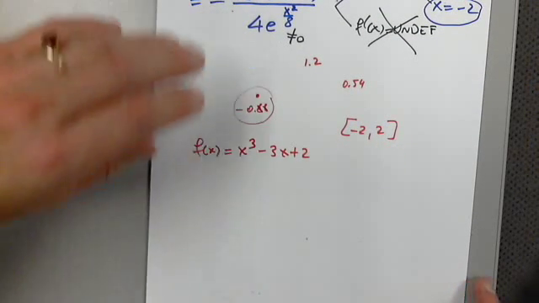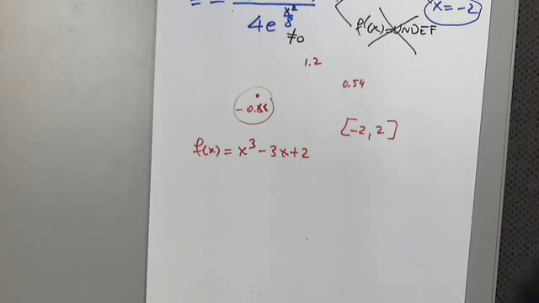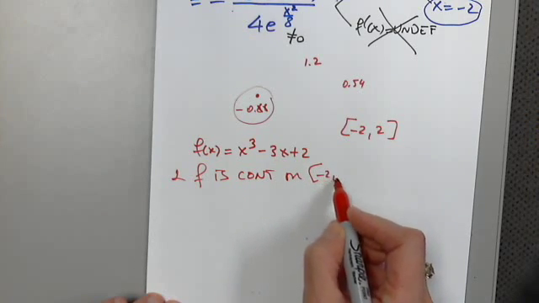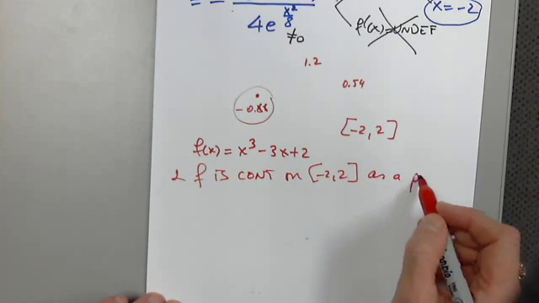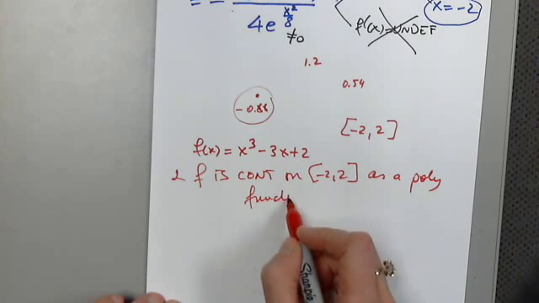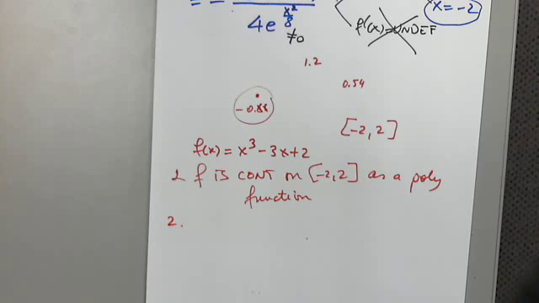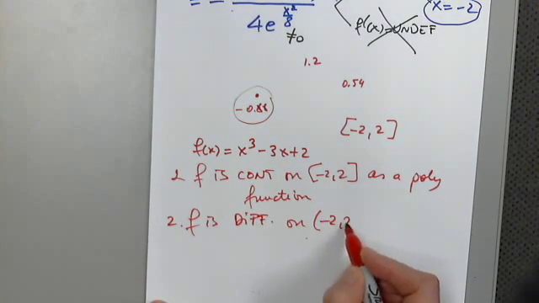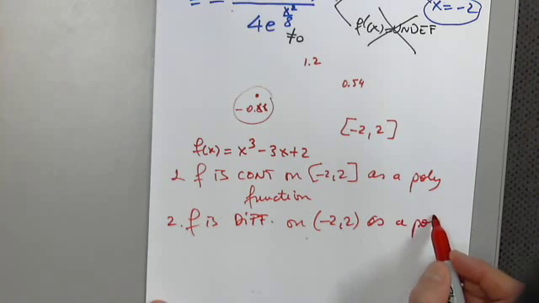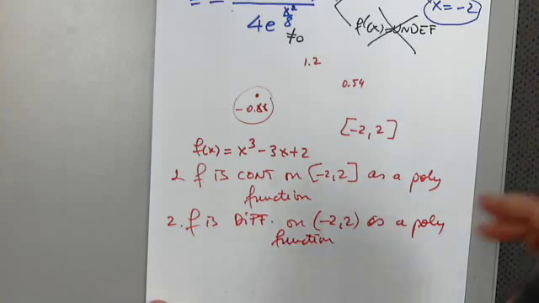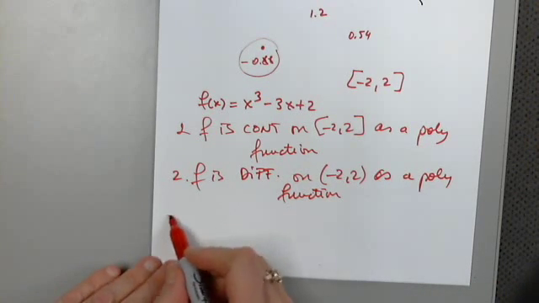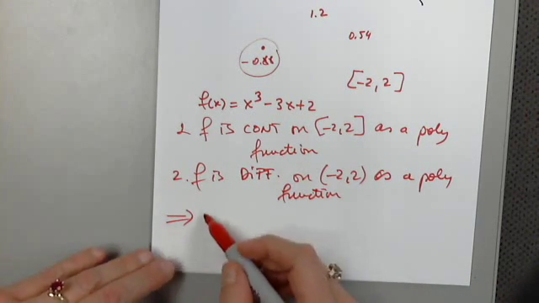So what is the first condition or hypothesis of the mean value theorem? Yes, Tom? Yes, f is continuous on the closed interval -2, 2 as a polynomial function. Perfect. Condition number 2 or hypothesis number 2. On the open interval, yes. F is differentiable on -2, 2 for the same reason as a polynomial function. Good. There are only 2 conditions or hypotheses for the mean value theorem. Then, therefore, by MVT,